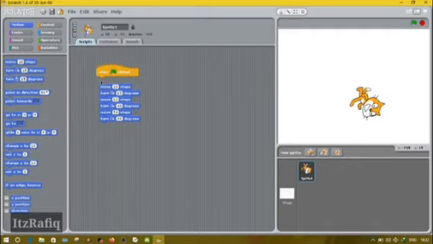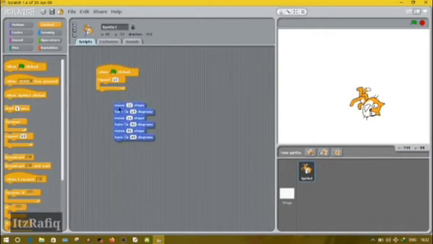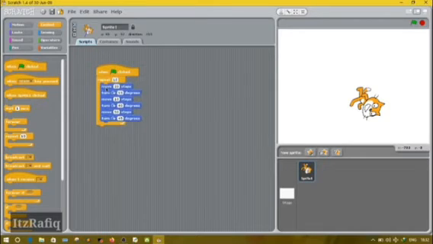So how can we do that? We'll take control. First separate the steps from the golden color block. So click and drag a little down to make it separate. Now go to the control block, take repeat 10 and join it here. And keep these blue color blocks inside the repeat. Okay, done. Now click on the flag. See, it's rotating, isn't it?